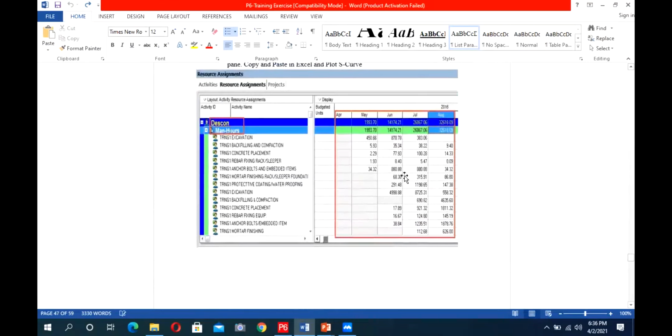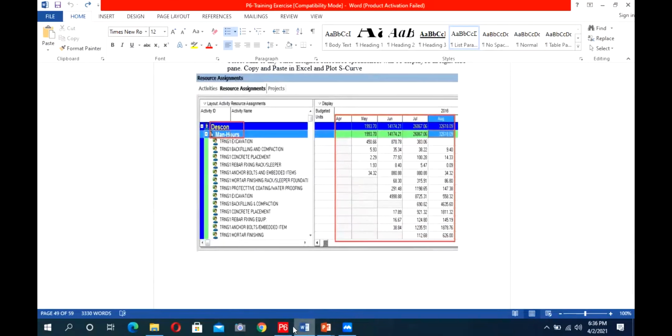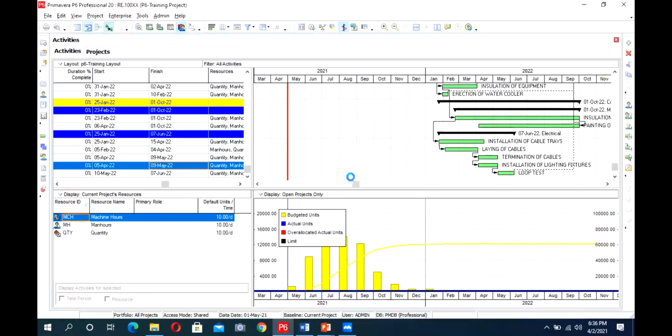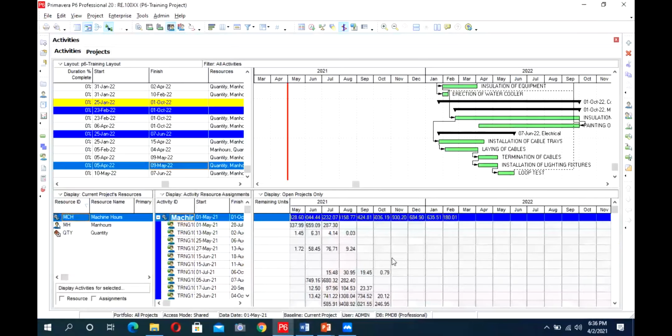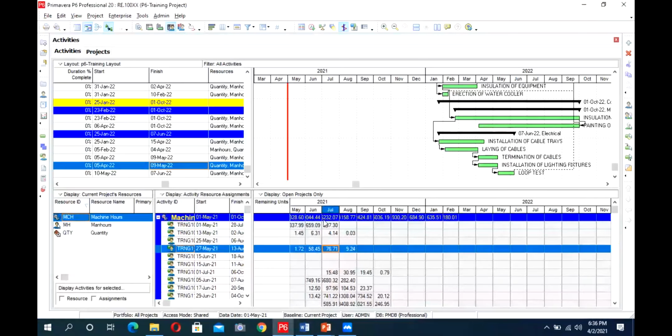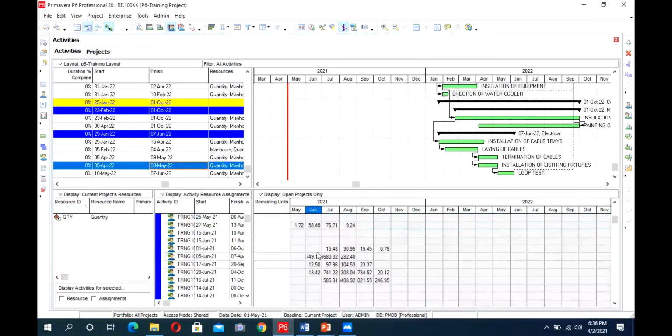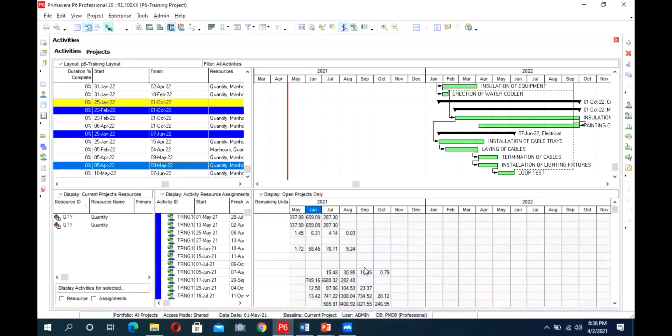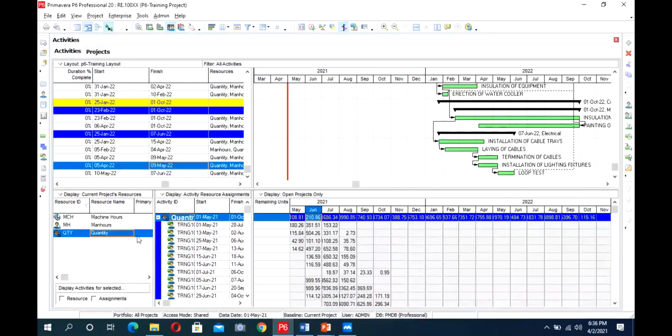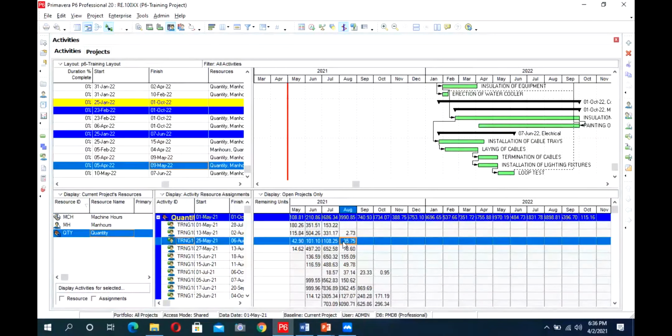And this is a spreadsheet. In the spreadsheet, you can even copy it. You can copy the data from here, selecting it, and you can paste it in Excel and use it for multiple purposes. For example, from this quantity, I can copy it into the Excel form, and then I will make my month-wise material requirement, and I will give it to the procurement department so that they align the material delivery as per this plan.